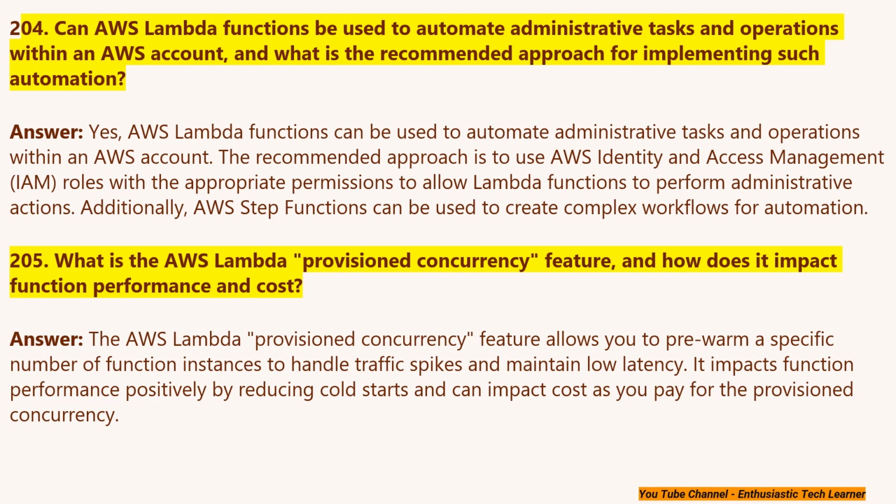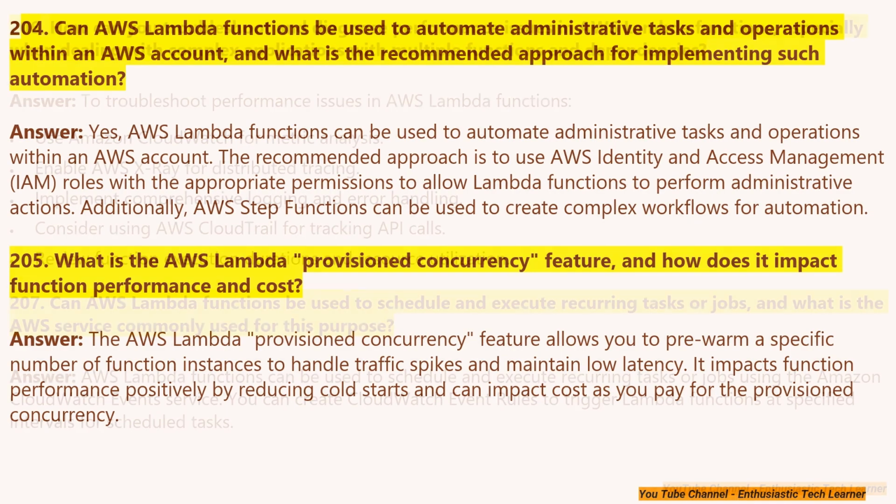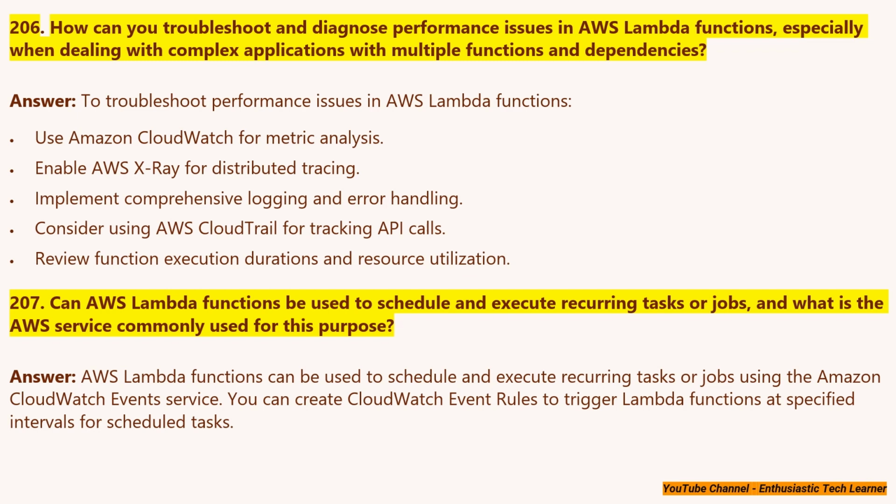What is the AWS Lambda provisioned concurrency feature and how does it impact function performance and cost? The AWS Lambda provisioned concurrency feature allows you to pre-warm a specific number of function instances to handle traffic spikes and maintain low latency. It impacts function performance positively by reducing cold starts and can impact cost as you pay for the provisioned concurrency. How can you troubleshoot and diagnose performance issues in AWS Lambda functions, especially when dealing with